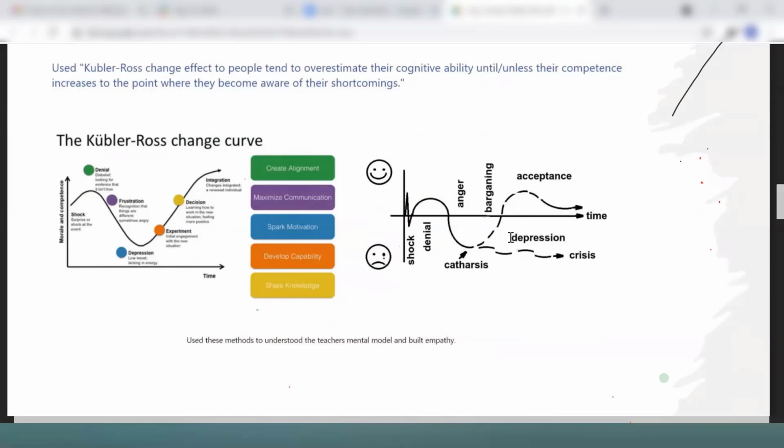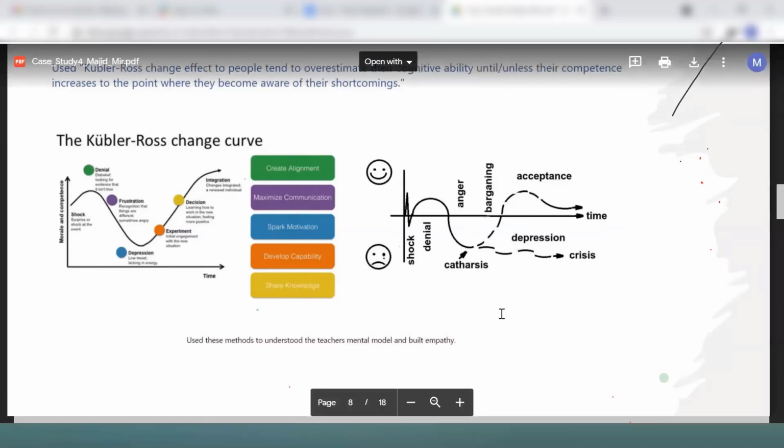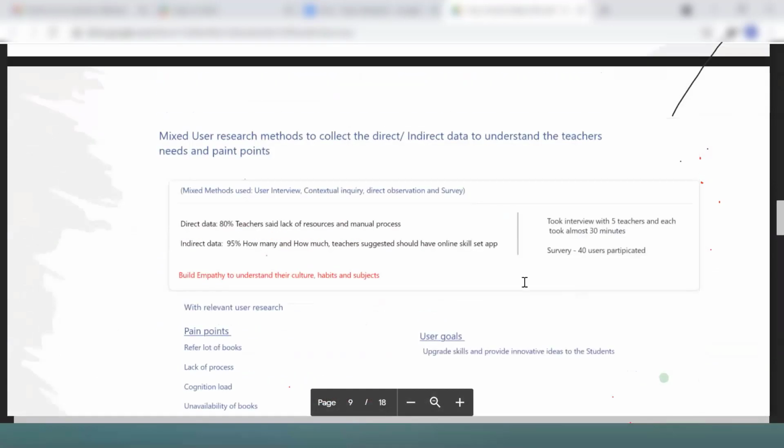So when you talk the same language, they understand their behavior, understand their mental model, what they do on a daily basis, which books they prefer, what they teach, how, and what is the pattern of the teaching. Then based on that, you will build up empathy for them. Okay, now this is a very big topic.